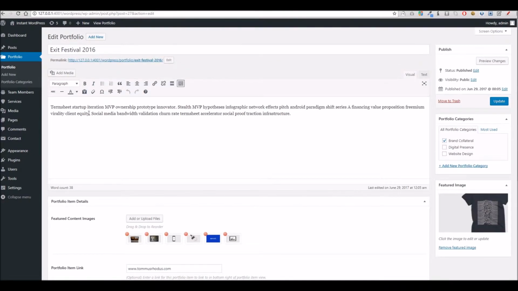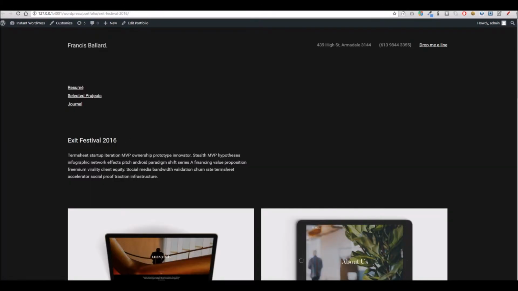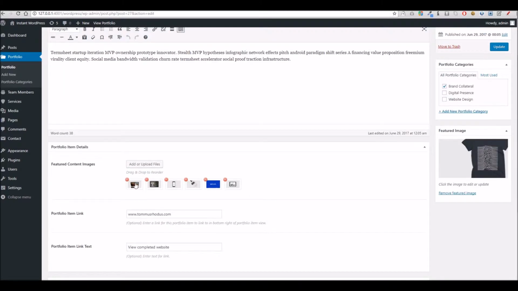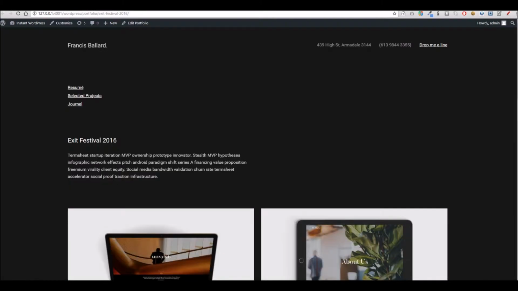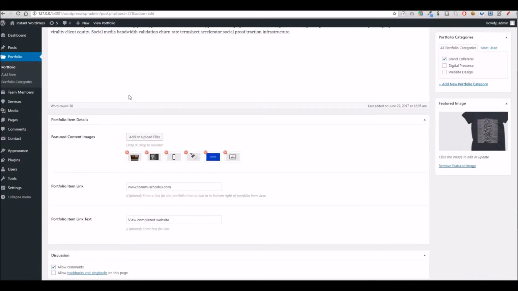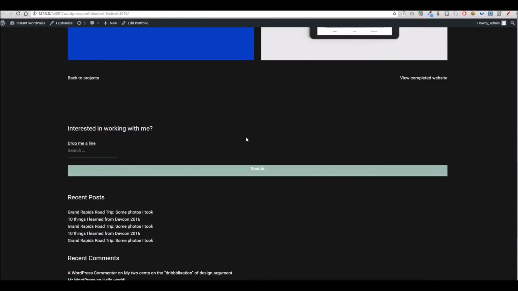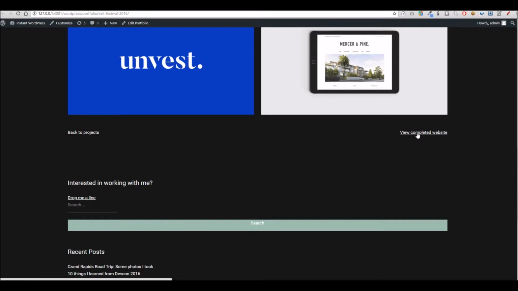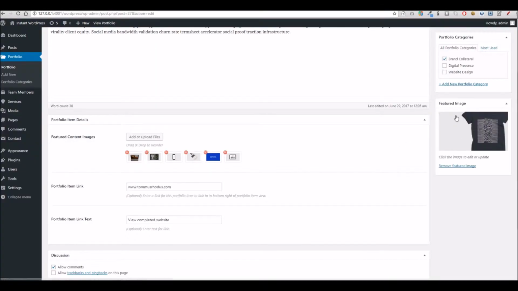We've simply got an area where we can pop the main bit of text, which as you can see appears here. You can then pop in your gallery items, which appear below, as well as a link for further information. So if you want to be able to take users to your website or whatever you want that's relevant to the project, you can specify that there also. And of course you've got an area to set your featured image, which is what's used to display this project